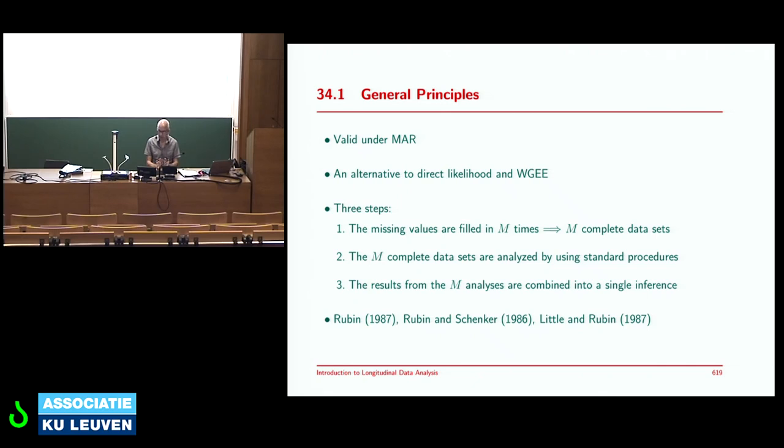The general idea is, if you have a missing data point and you impute a value, so you fill in a value, you treat that value as if it were data, and that's not correct. That's actually, in a way, scientific fraud. Of course not if you clearly report that you have done that, that's a different matter, but it doesn't make it any better. So we are going to impute more than once,